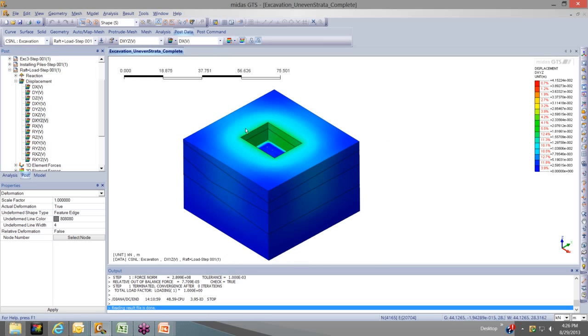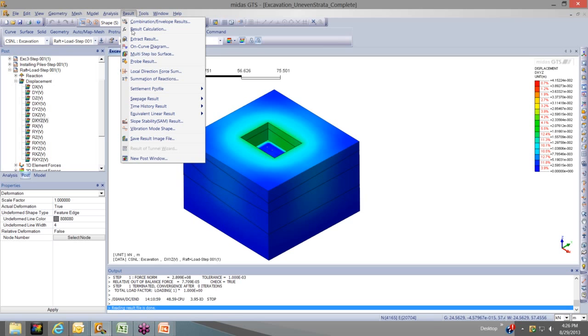Okay. So another thing that I want to show you that's very useful is the clipping plane option. For example, I want to take a cross-section view of this soil block. Say I want to see what all the values are if I cut this soil down the middle. So in order to do that, go to Result, and then go to